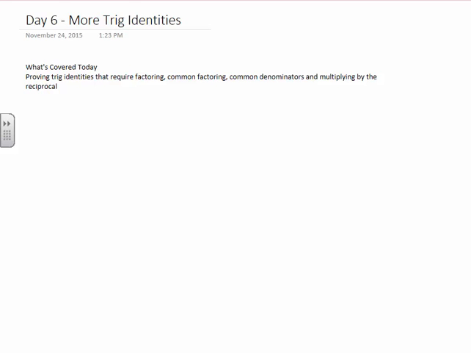Today we're going to continue on looking at more identities, and the more practice we have and the more you see completed and solved, the better you will get at them. Just keep remembering that patience is the key here. So our first example for today, just remembering we might have to factor, use common denominators, or multiply by the reciprocal. So our first example that we're going to try and solve is cos squared x